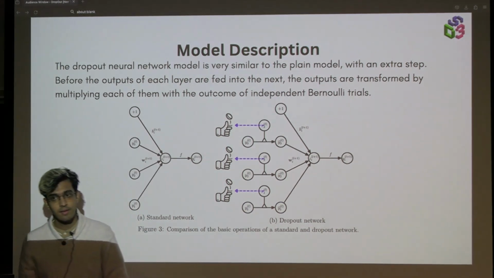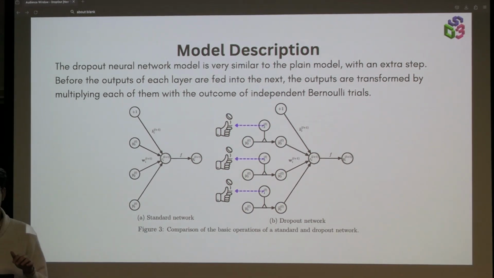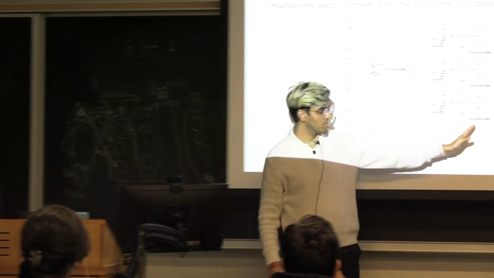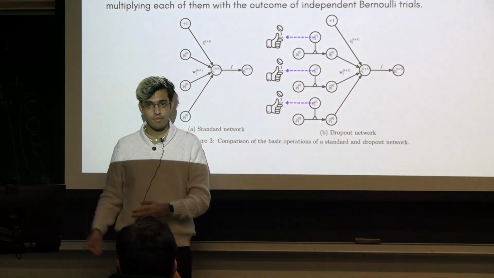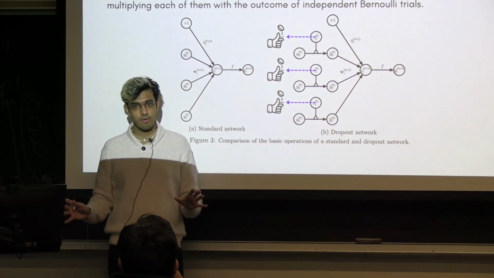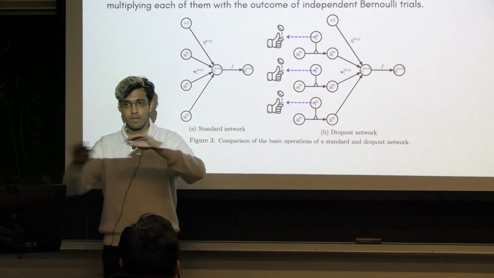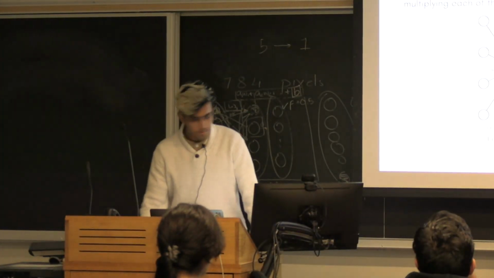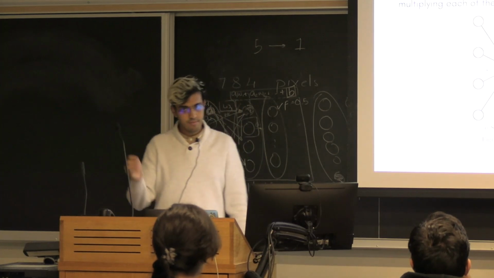The only thing different here is that before you pass in the output and compute this linear combination, you flip a coin. You flip a coin with probability p of landing heads. And when it lands heads, then you let it go through. But if it lands tails, it essentially means you dropped that neuron, right? So if it lands tails, you set it to 0, right? So that's it. That's the only extra step we're doing, this coin flip.